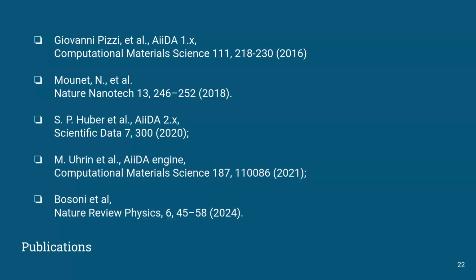But as I mentioned, AiiDA is still very academia driven. So I think publication is still one big part of marking whether it is a good tool or not. Over the years, I list here 5 milestone papers. For AiiDA itself, we have AiiDA 1.x and AiiDA 2.x with large engine changes, and the papers describe the AiiDA engine. And we also have 2 scientific papers, the one published in Nature Nanotechnology for the